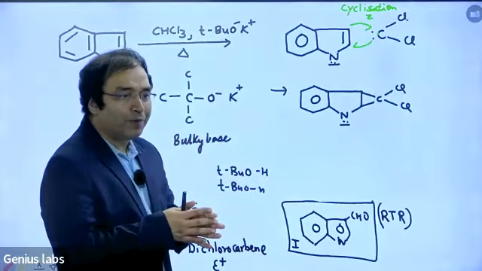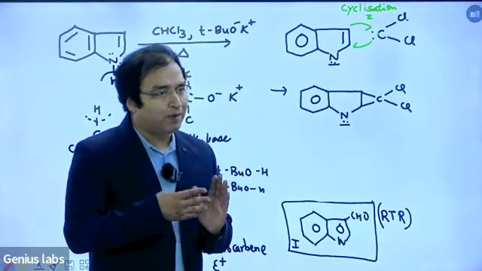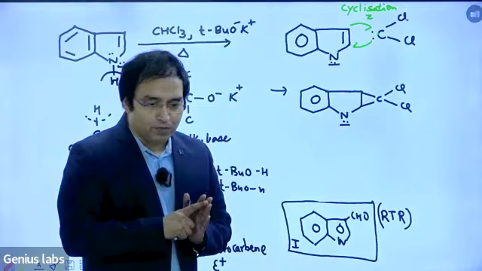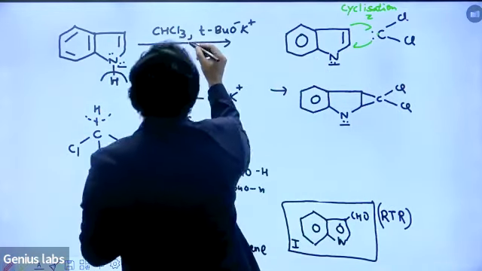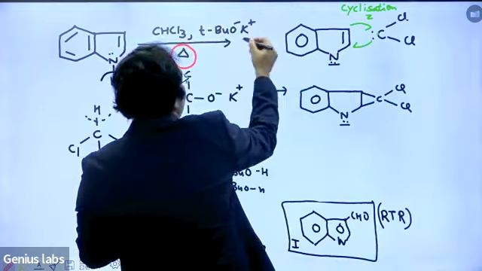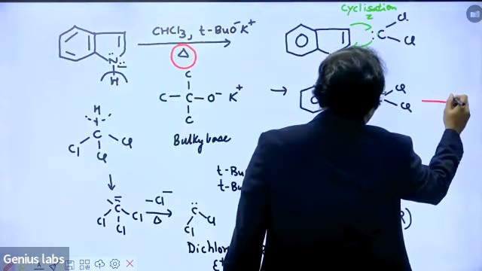See, whenever you have carbene and you have a double bond, cyclization is a possibility. Double bond and carbene can always club and form a cycle ring. Now, heat is involved. This heat is a major factor and this strong base is making these things valid. So because of this heat,